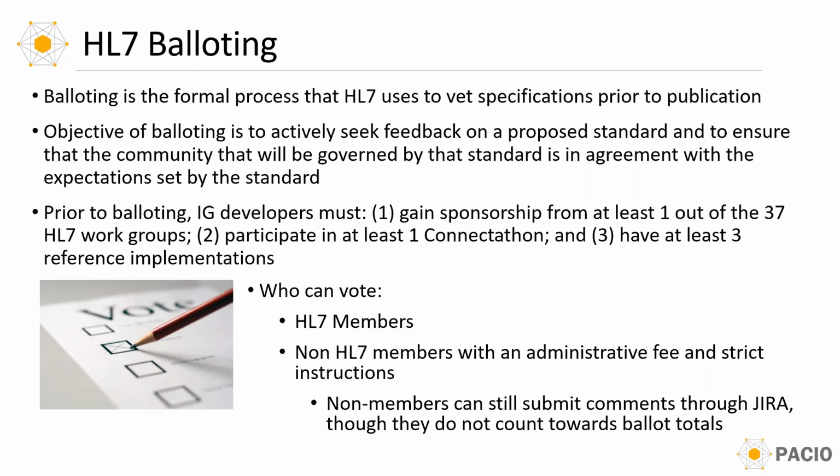Prior to balloting, IG developers must, 1, gain sponsorship from at least 1 out of the 37 HL7 work groups, 2, participate in at least 1 connectathon, and 3, have at least 3 reference implementations. It is important to note that the requirements for HL7 may evolve over time, and these are the current state